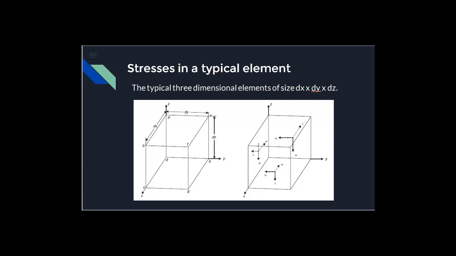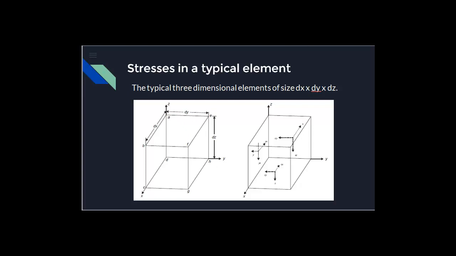Let me repeat it once again. The face ABCD is called the negative face of x, whereas the face EFGH is termed the positive face of x. So this is with respect to the x-axis. In the x-axis, the value at ABCD is less than for the face EFGH. Similarly, along the y direction, AEHD is the negative face of y, and BFGC is the positive face of y. Similarly, in the z direction, DHGC is the negative face, whereas BFEA or AEFB is the positive face.